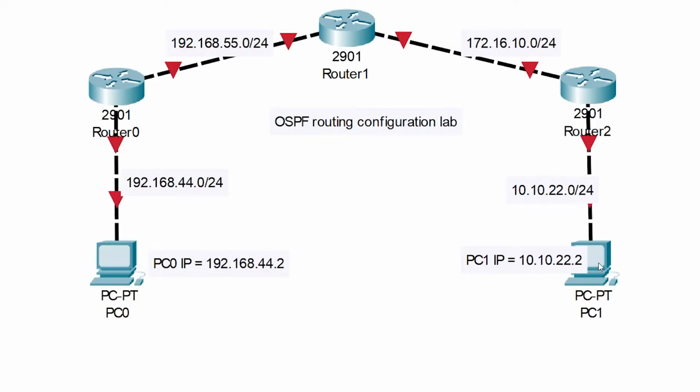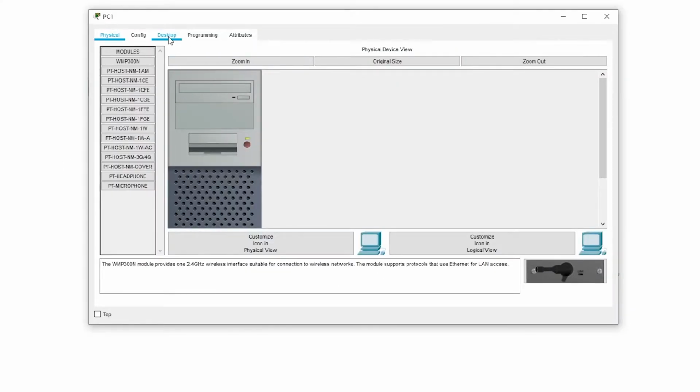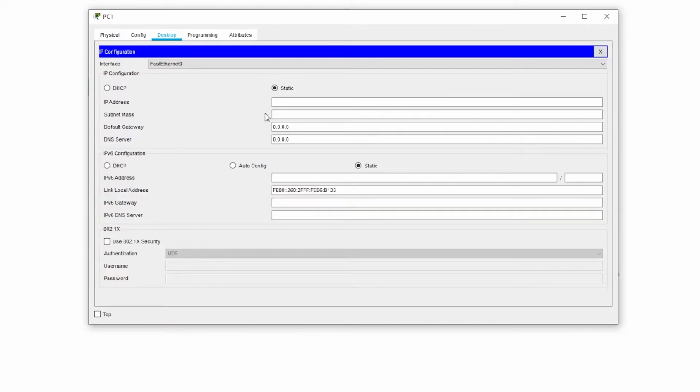All right, PC1 I'm going to set up as well: 10.10.22.2 with a 25, and the default gateway is 10.10.22.1.